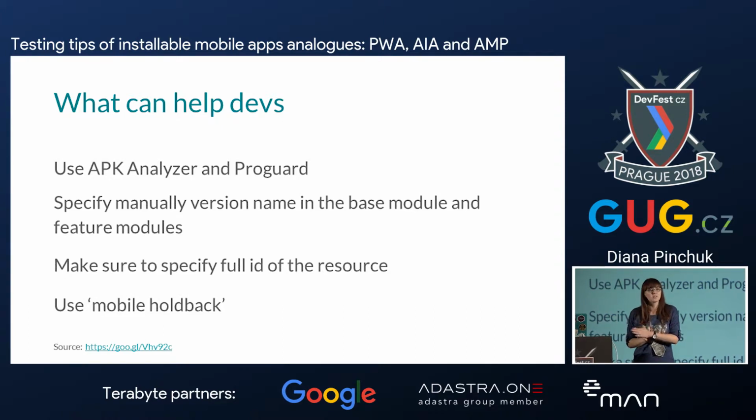And there is also a very nice feature in Google Play Console for developers called Mobile Holdback. Maybe you have heard about staged rollout, when a developer wants to publish a new version of their application only to some percentage of users. So they roll it out to, for example, 10%, and then 10% again and again. You can do the same for your instant application. You can decide which percentage of your users will still use the mobile website and which percentage will use your instant app. So you can get feedback very fast and maybe update and fix some bugs.